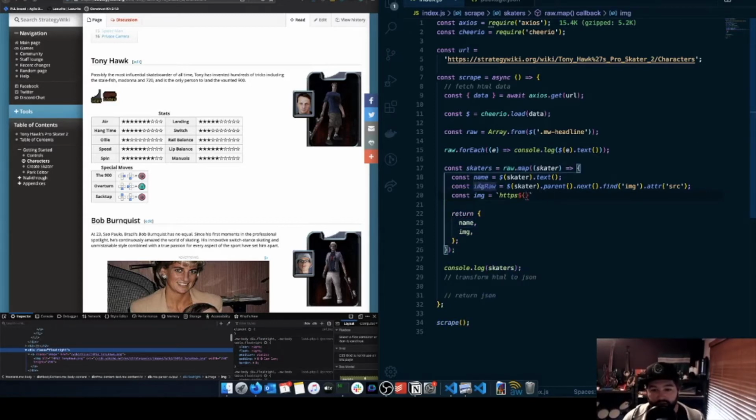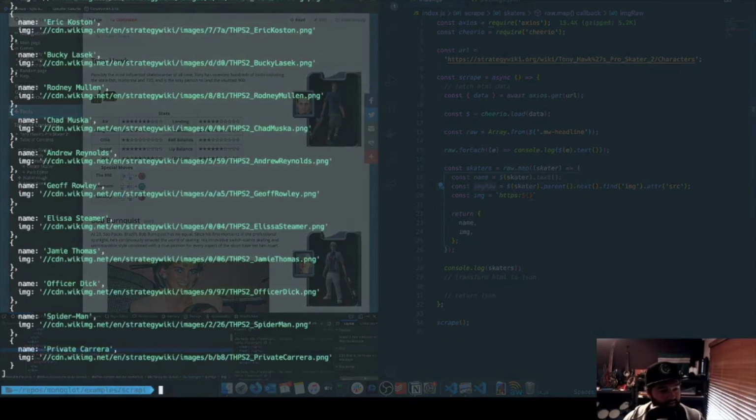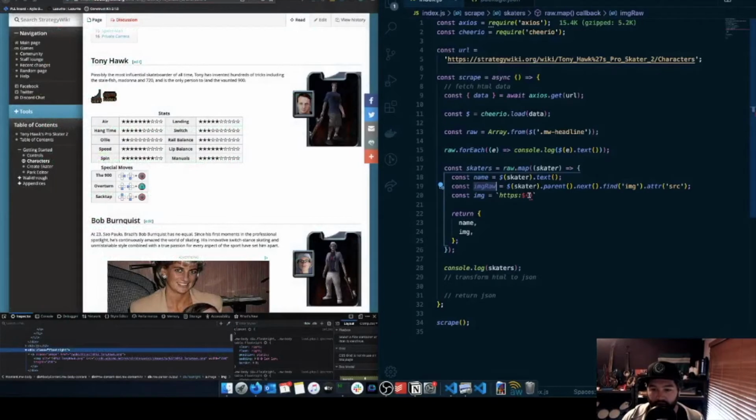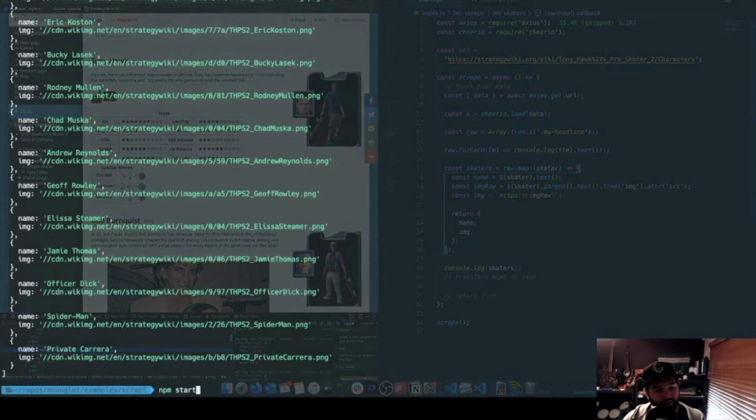But what we do want is we want to say HTTPS and then colon, and then remember this image raw was the // cdn blah blah blah. So it was all of this stuff. So we just want the remainder of that after HTTPS colon. So we can put image raw here. And now if we rerun our application,